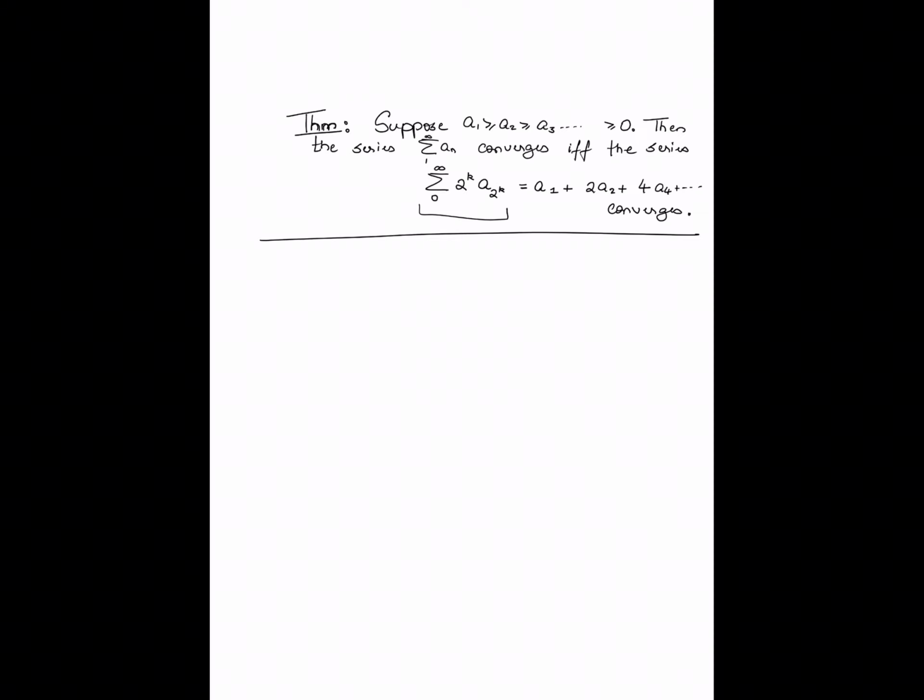And what we have said is that if you are dealing with a series where the summands are non-negative and decreasing, then the convergence of the series is equivalent to the convergence of this alternative series, where I'm doing summation 2 raised to k a 2 raised to k. So in this latter series, it's only exponentially spaced summands of the original series that are showing up, but they are showing up with this additional multiplicative factor of 2 raised to k multiplying them. It's a funny looking theorem, but we will see how some very interesting consequences can be obtained from it. But before that, we first look at the proof.